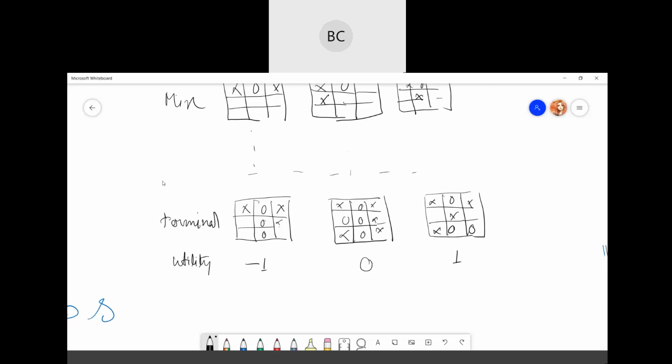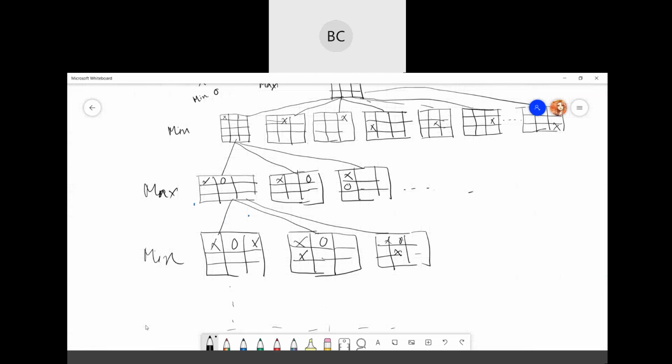So from this example, you can see from the initial state, Max has 9 possible moves as he starts first. Then Max will place X and Min will place 0 here. Both players play alternately until we reach the leaf node where one player has 3 in a row, right?